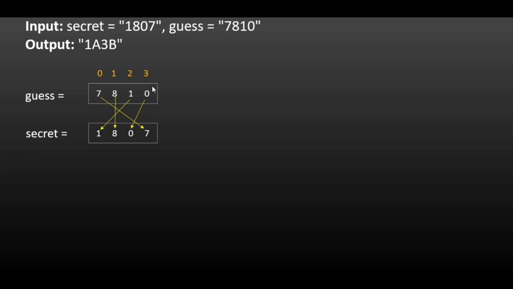So if you see the pattern, I can use a hash map to go over the secret once and store the values with the count of their occurrences, and whenever I am going through the guess, I can check whether it's already present in the hash map and decrease the occurrences.